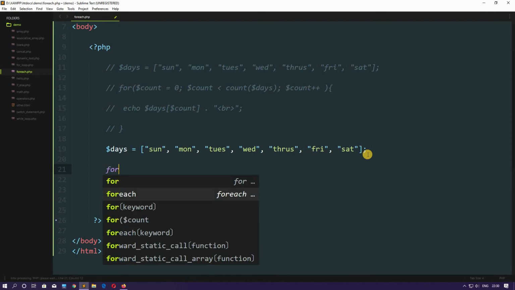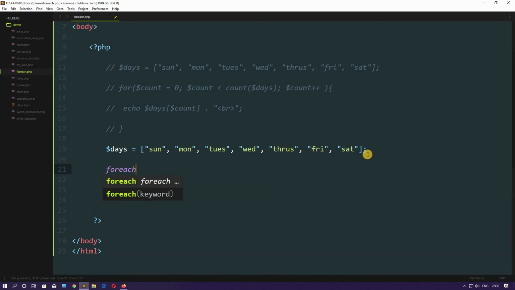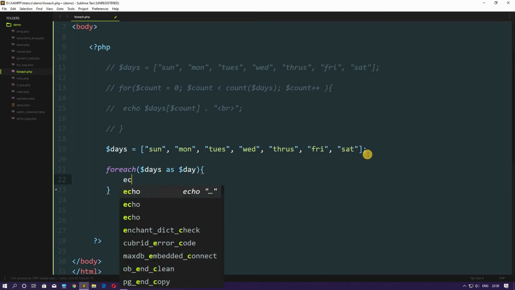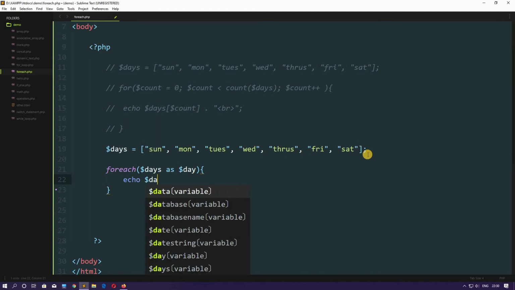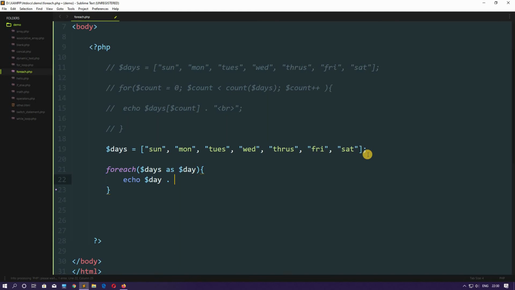For each, then the name of our array, that is $days, then the keyword as, and now we will have to make up any variable name. Let's call it $day. Now the curly braces, and in here we will write the echo statement with $day and concatenate it with a br tag.